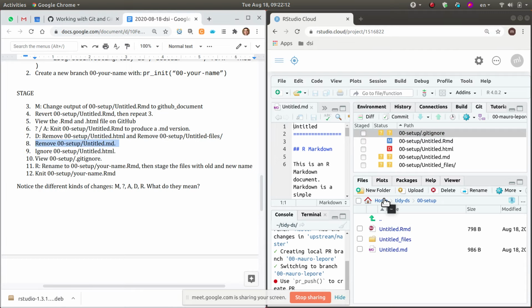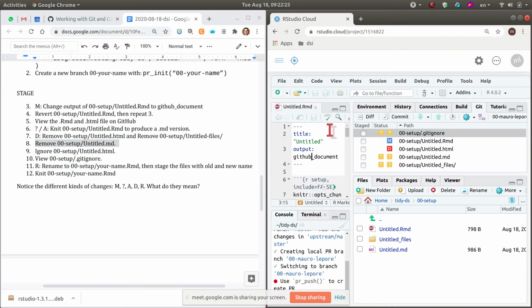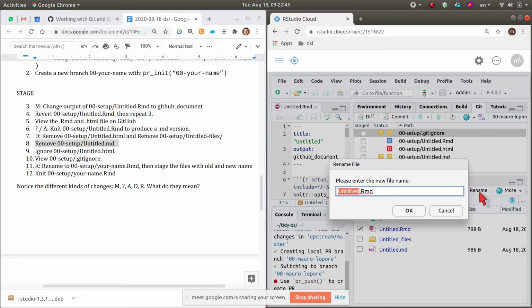So far I have achieved changing the file untitled RMD to output a GitHub document, which is what I want. But the name itself, untitled, is not very meaningful. So it would be great, if you want to practice with this, for you to change that file to something that has your name and then submit a pull request. What I would be asking you to do is click here, for example, that's one way to change the name of the file, and click on rename. And then here you say something like, in my case,